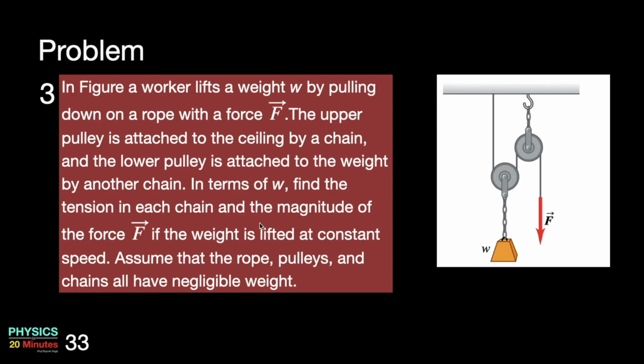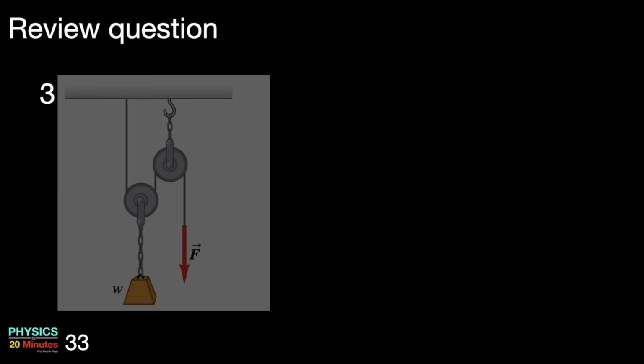Remember, the acceleration is 0 here. So if acceleration is 0 and the mass of the rope is 0, the tension in the rope is constant. So I have this one long rope and it will have the same tension all throughout. Since it has been pulled by the force F, the tension upward has to be equal to the force F. Tension in this long rope will be equal to the force. Do remember that. So let me quickly show you the free body diagram.